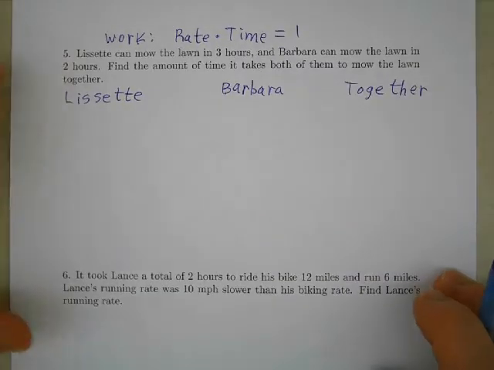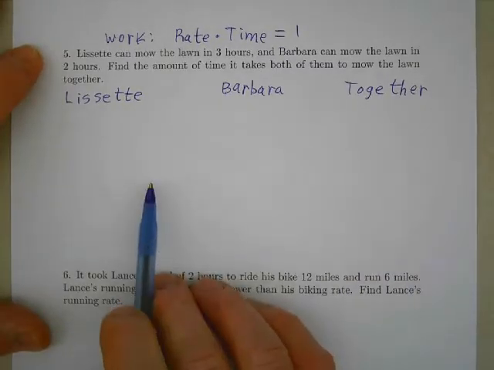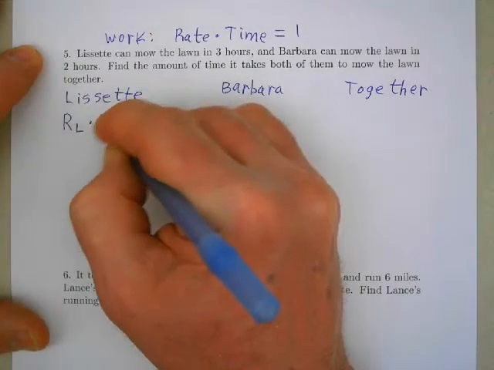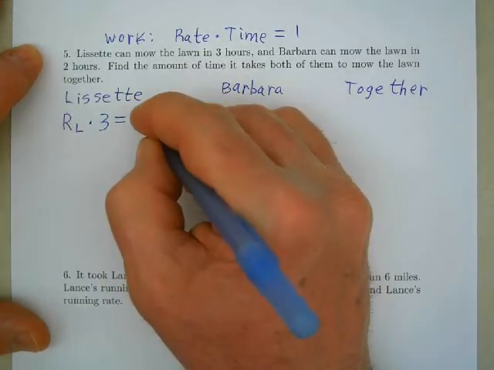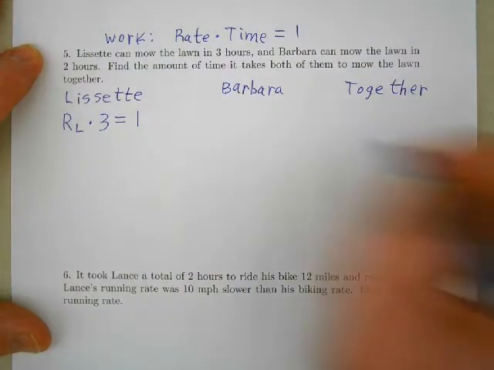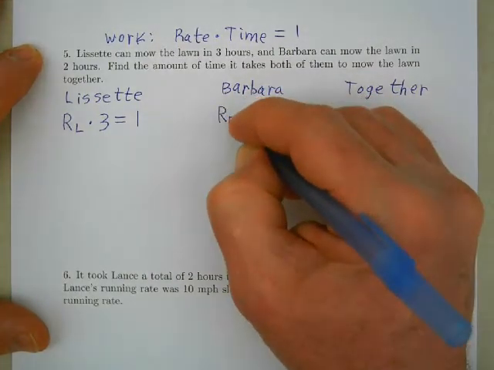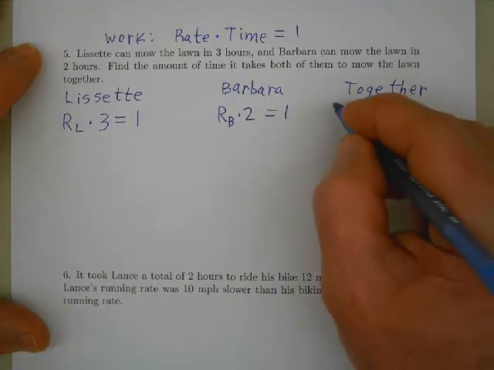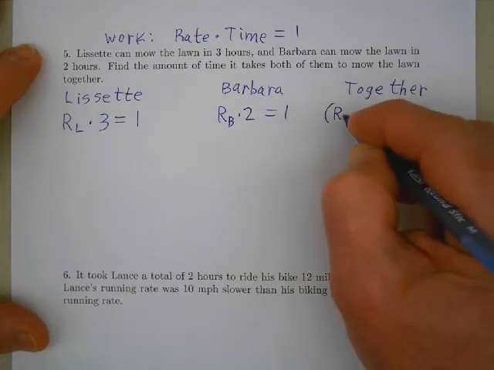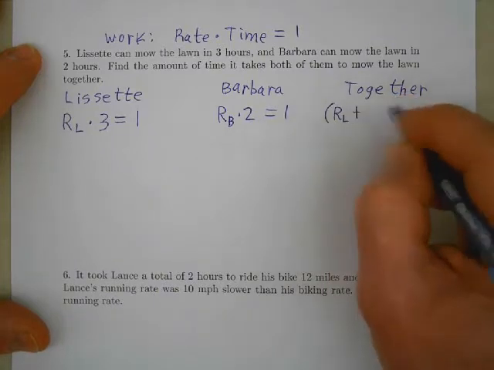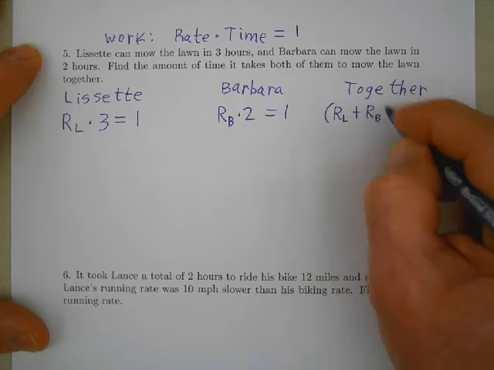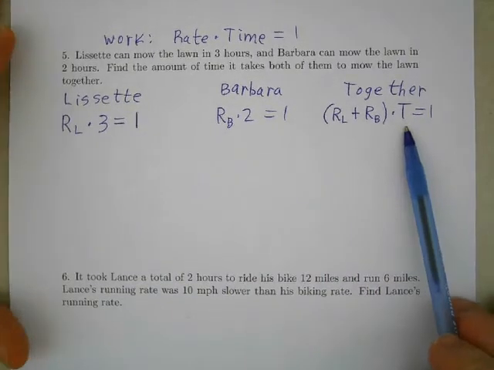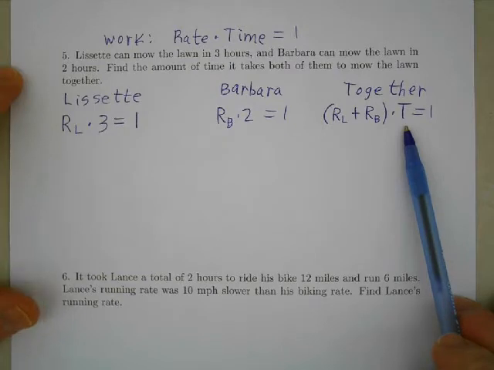We're told that Lizette can mow the lawn by herself in 3 hours. So Lizette works at a certain rate, and in 3 hours, she mows one lawn. Barbara mows the lawn in 2 hours, so Barbara's rate times 2 equals 1. And we're supposed to find how long it will take them when they work together. So Lizette's rate plus Barbara's rate times t equals 1. We're using the variable t to represent the amount of time it takes them to mow one lawn when they